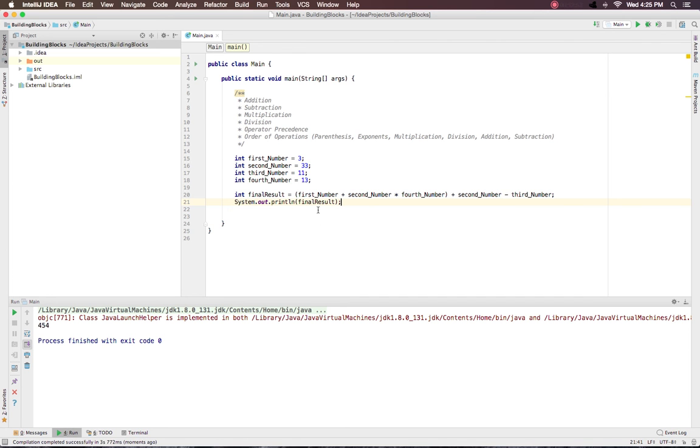So when I ran this program, the compiler needed to print out the final result. So it computed first number plus the second number first, because this is within the parentheses. So within the parentheses, it will follow the order of operations as well. So multiplication, second number times fourth number. We have 33 times 13, then we'll add that to the first number, which is 3. So then outside of that, here we have these regular operations which are not inside the parentheses, so they are done last. So then we will add the result of whatever this is, plus this, minus that, and the result is